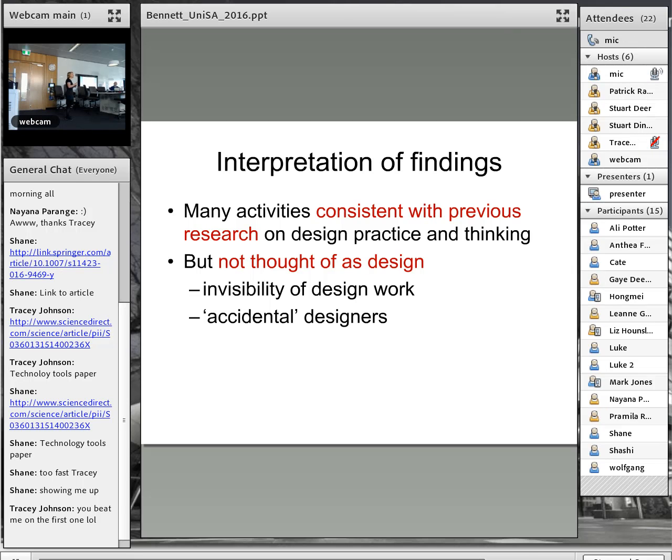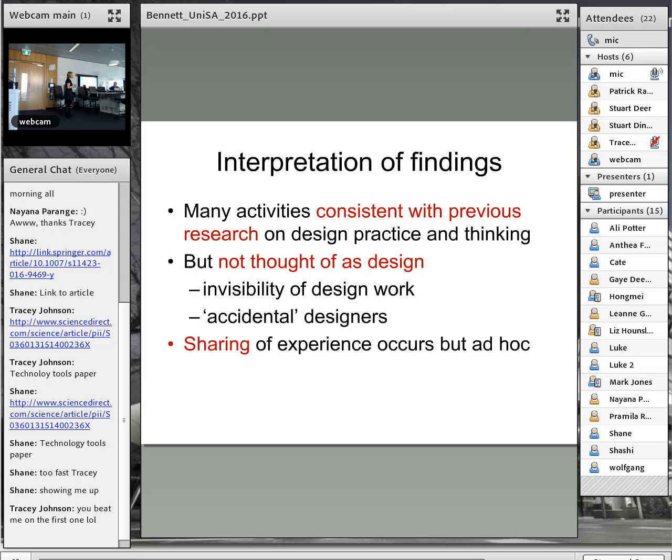And so really it's interesting to think about, you know, perhaps what we've got here is a group of accidental designers. So they're sort of designers that they don't know it and we don't know it and nobody sees it. And so what's developed is a sort of design practice, but it's more of a folk practice. So it's not an established professional practice, but it's kind of grown up out of the culture that we've had.